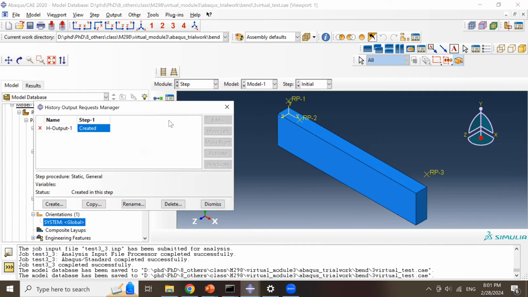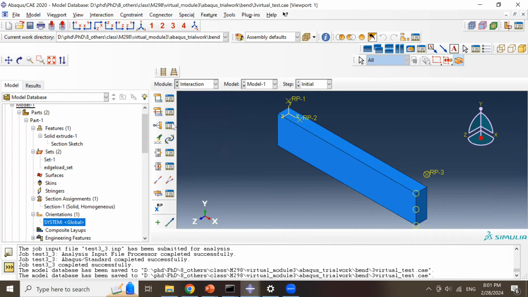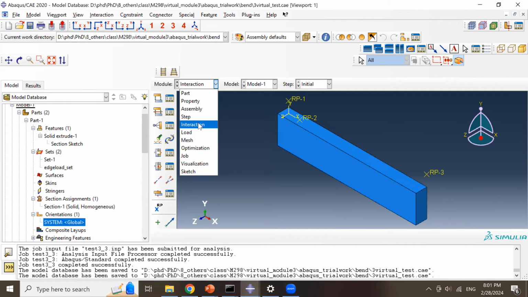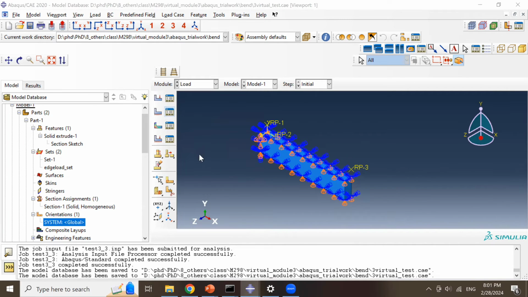Then for the step, for now we only need the deflection. We don't need the reaction force, so we can deactivate the history output. Then for the interaction, for now we don't need any reference point, so we can delete all of them. Okay, we can delete this. And for the load and boundary condition,